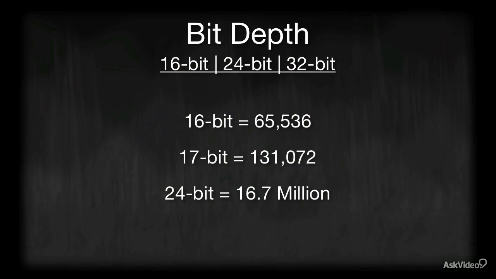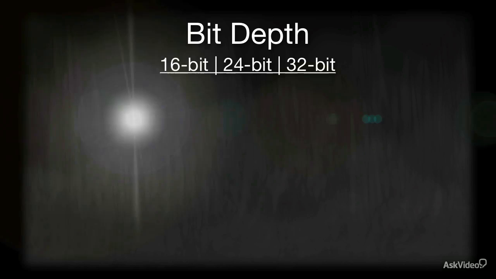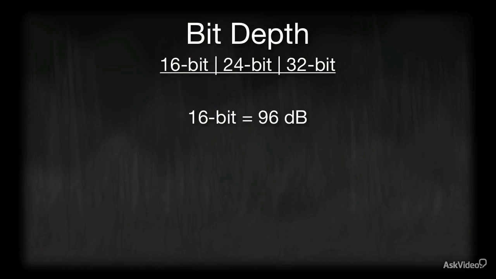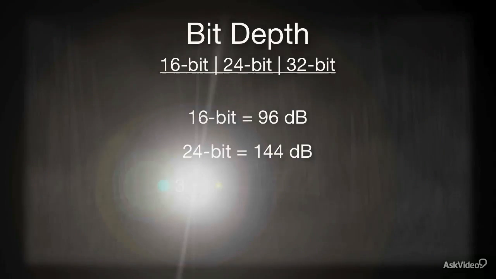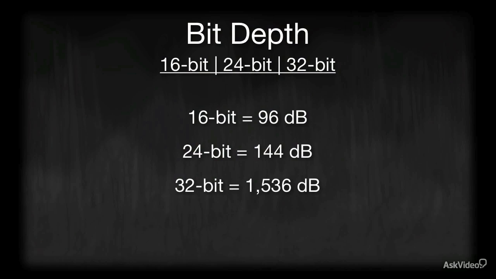So a 24-bit audio recording has 16.7 million degrees of amplitude resolution. And when you get to 32 bits, you get 4.2 billion degrees of amplitude resolution. Now, how does all of that equate to dynamic range? Let's take a look in decibels. A 16-bit resolution gives you 96 dB of dynamic range. A 24-bit system gives you 144 dB of dynamic range, and 32-bit gives you a mind-boggling